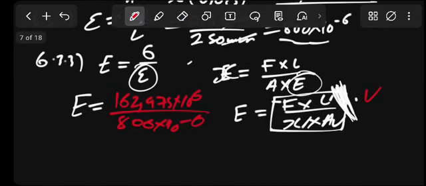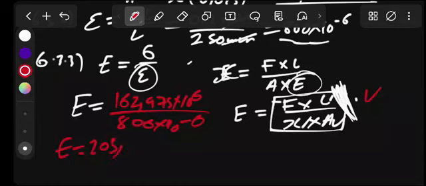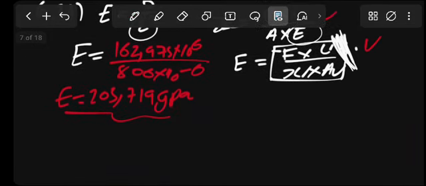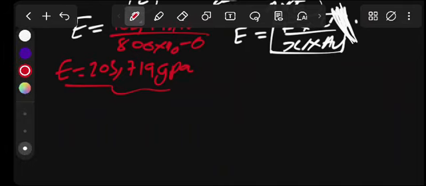let us check here. Young modulus 162,975 times 10 to the power of 6 divided by 800 times 10 to the power of minus 6. Okay, this will be 203,719 gigapascal. So let us check this one, guys, that formula,